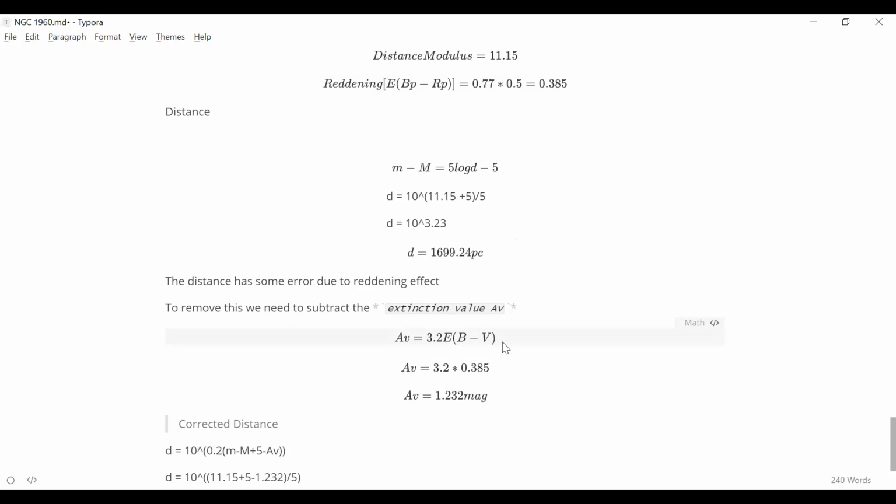Out of practice, in catalogs also, you'll always find EB minus V written. Then you have to apply the coefficients for whichever photometric bands you are going to use. So you change it, but generally it's always given in terms of EB minus V. Then you convert it. So I can directly use the EB minus V value over here? Yes, because that will get converted later on.